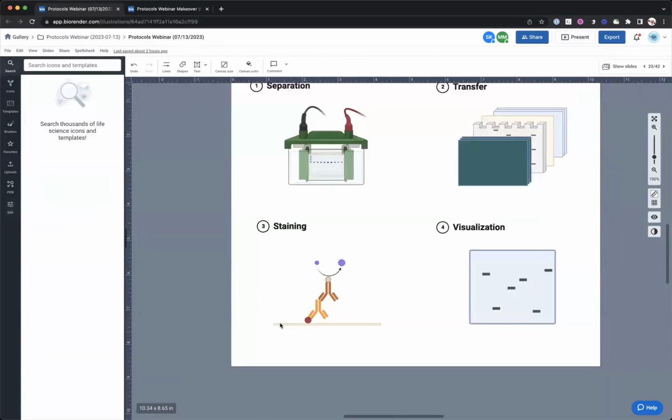With the one caveat here really being, if you have a group of all the same icons, let's say you have a lot of dots or a lot of antibodies and it's all the same icon and they're all different colors at the moment and you just want to select all of them to make them the same color, those ones can be